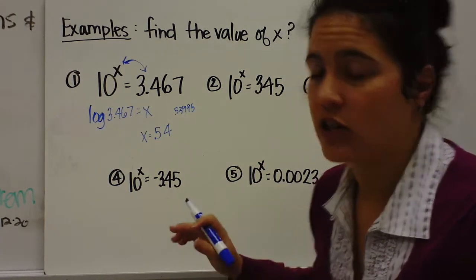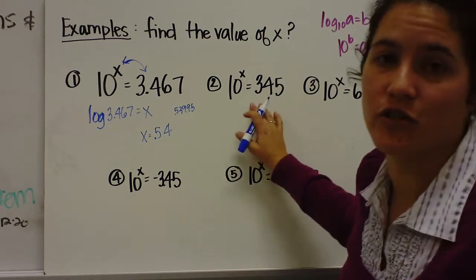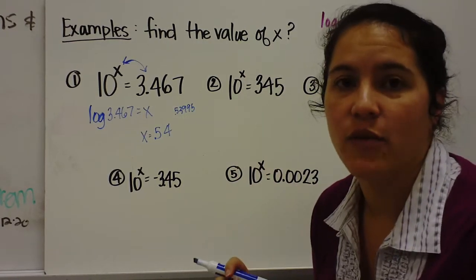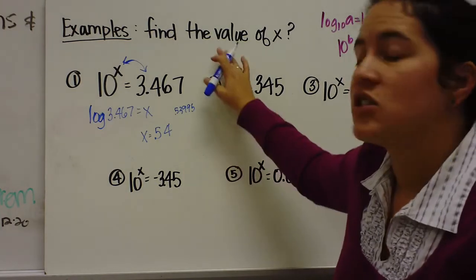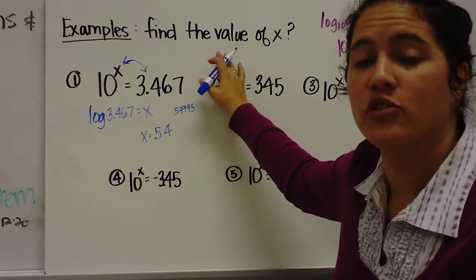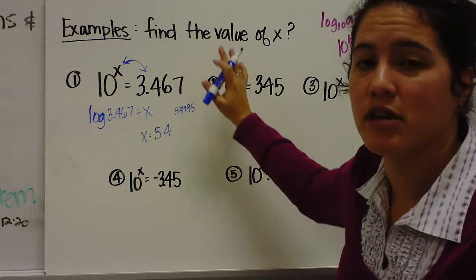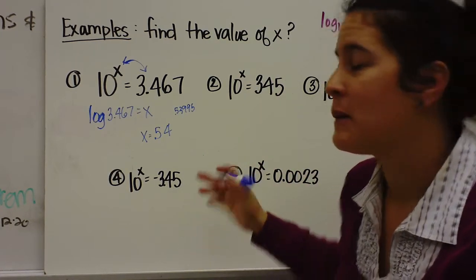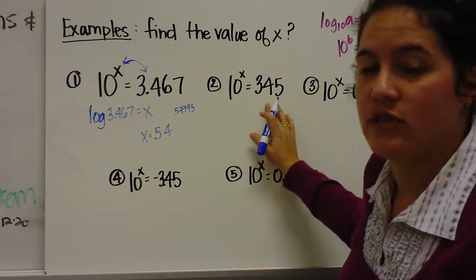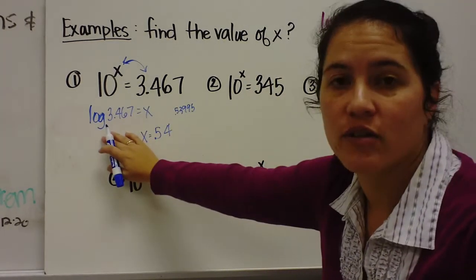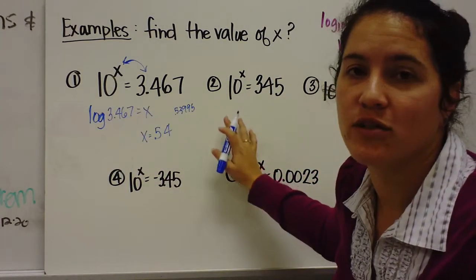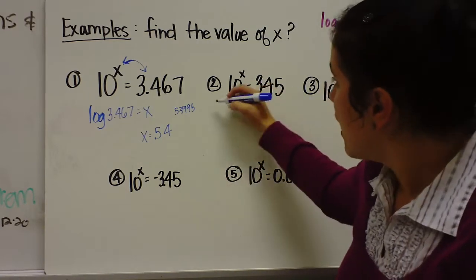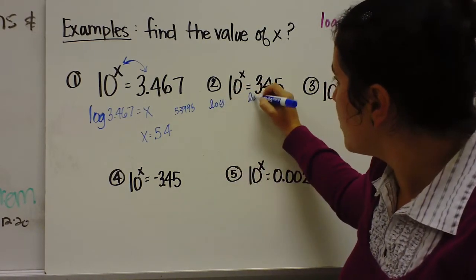Another way you can solve it, let's look at number 2. 10 to the X power equals 345. I know 10 squared is 100 and 10 to the third is 1,000. So it's going to be between 2 and 3. But I can't tell you exactly what it is. So we are going to solve it using logs. You can write it in logarithmic form, or you can do what's called take the log of both sides. If we take the log of both sides,